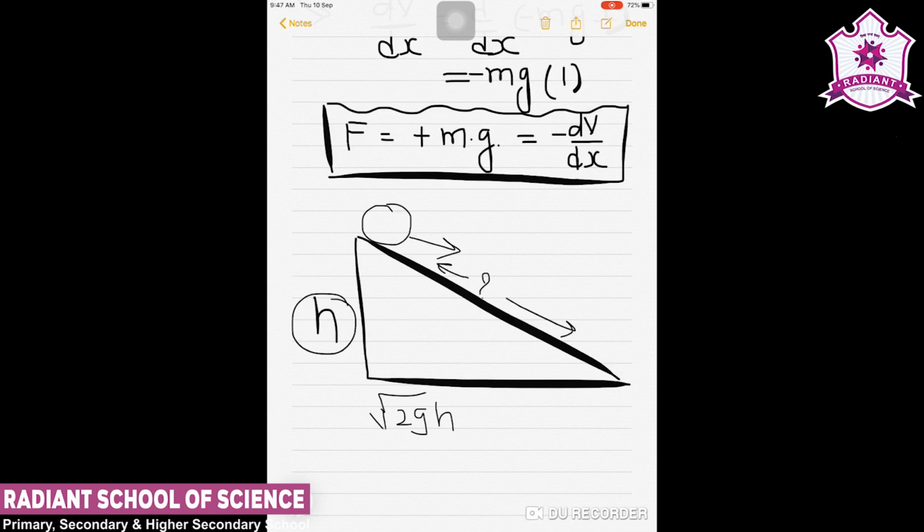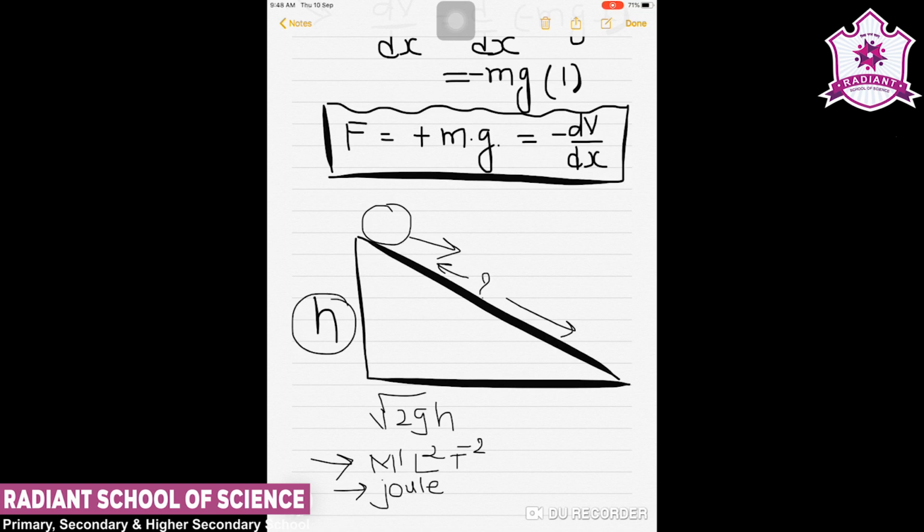The dimensional formula of potential energy is the same as that of energy. So obviously the energy will have the same type of dimensional formula. So it is M1 L2 T minus 2. Its unit is also joule because it is also energy. So the unit of energy is joule, same as kinetic energy or work done.